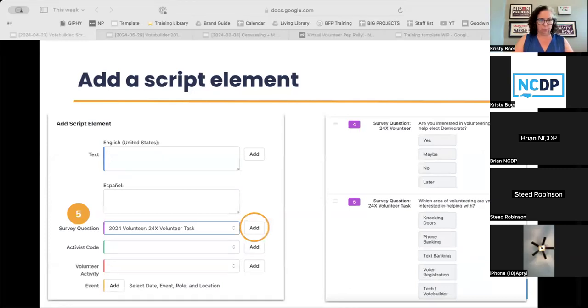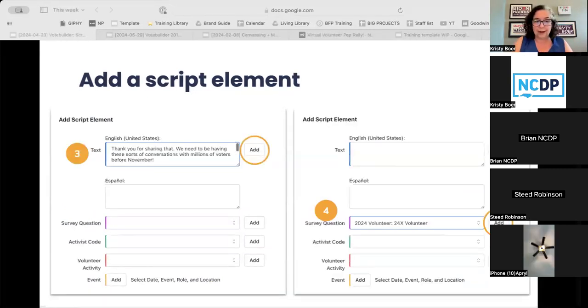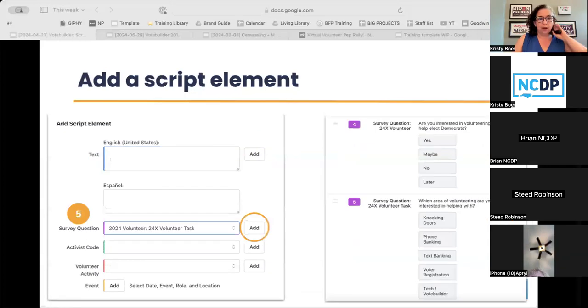And then, oops, sorry. Number 4 on the right-hand side, I'm going to add the survey question to see if people are interested in volunteering. So now I've added volunteer ask, which is yes, no, maybe later. And then volunteer task: knock doors, phone bank, text, voter registration, to get specific about what areas people want to help. So I've added these 2 elements, and on the right-hand side, you can see now I have 4 and 5 showing up